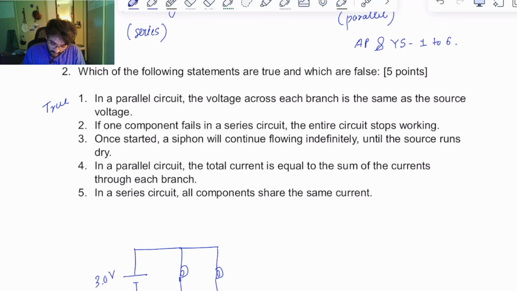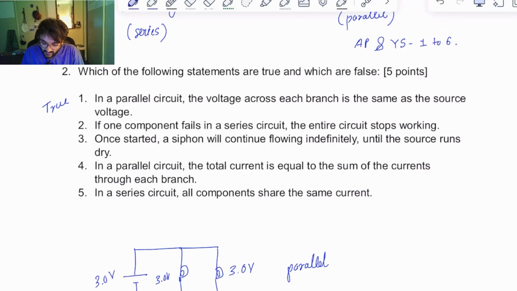Because when these two bulbs are in parallel, they will again have the same voltage across them, right? That's kind of the definition of a parallel circuit. Statement number two is, if one component fails, the entire circuit stops working in a series circuit, which